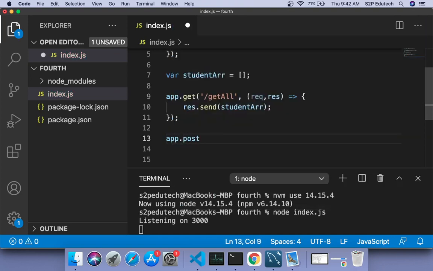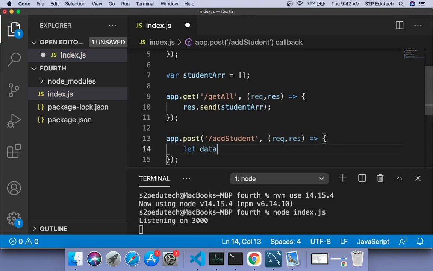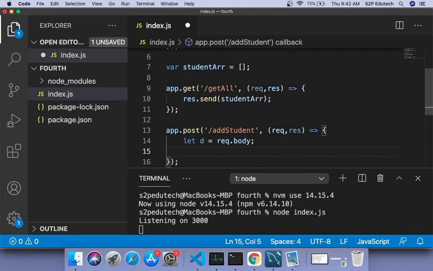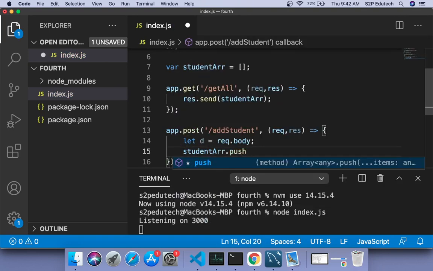I would say app.post, I'll give a path, say add student. Then request, response, and in this I would say let d equals request.body, and I would simply say studentArr.push d.